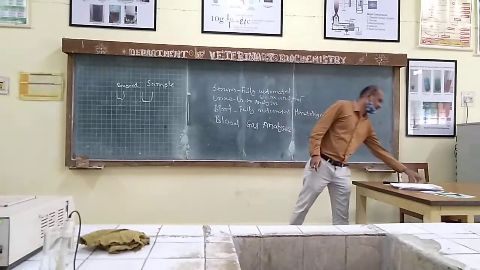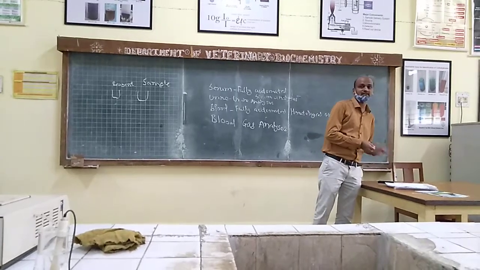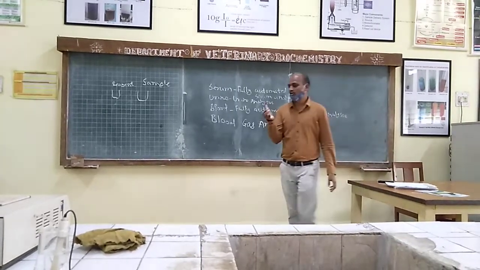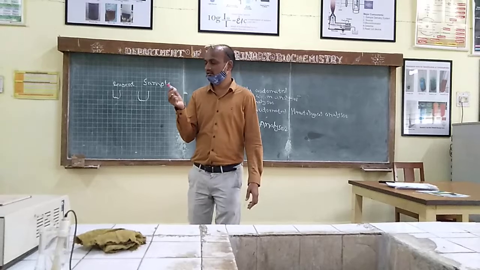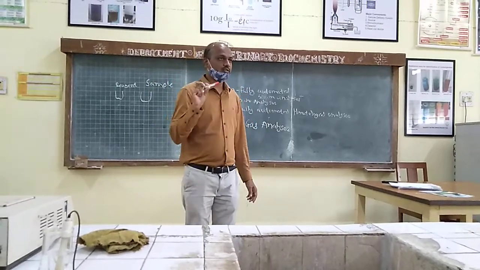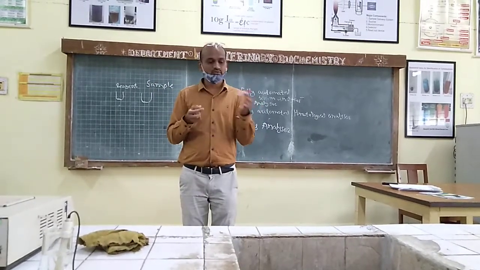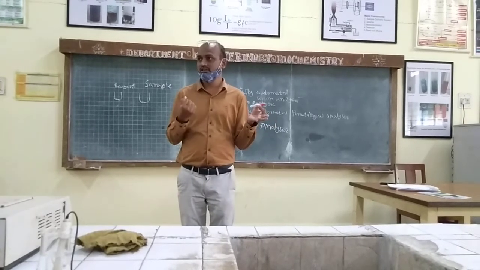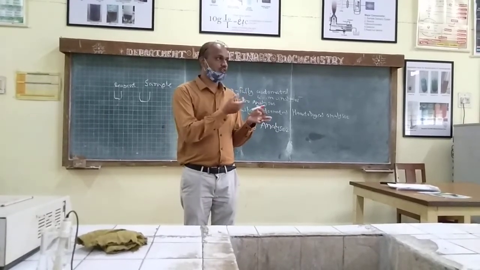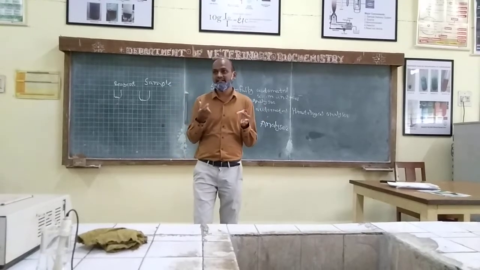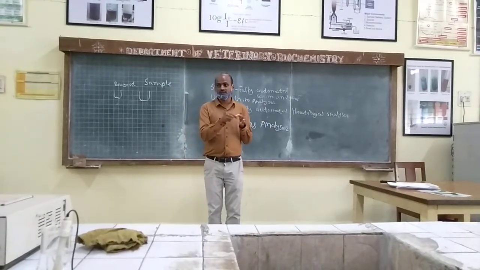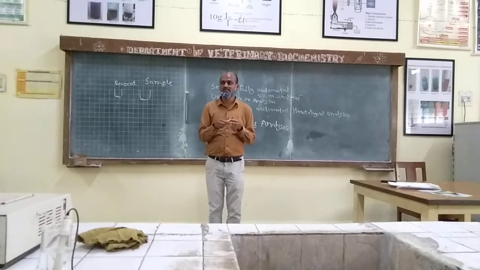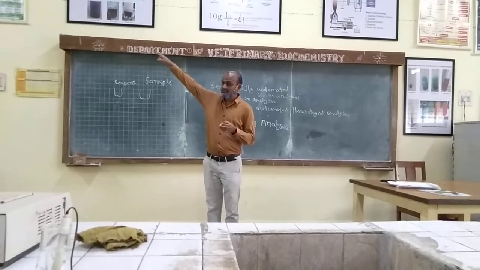If you want to collect the serum sample, how do you collect it? We have the clot activator tube or the plain tube. In this plain tube, if you take a blood sample and keep it in a slanted position, the coagulation factors will cause the blood to coagulate and the serum will ooze out. So that is the production of the serum. You will get the serum sample, and from it we have these sets of parameters.